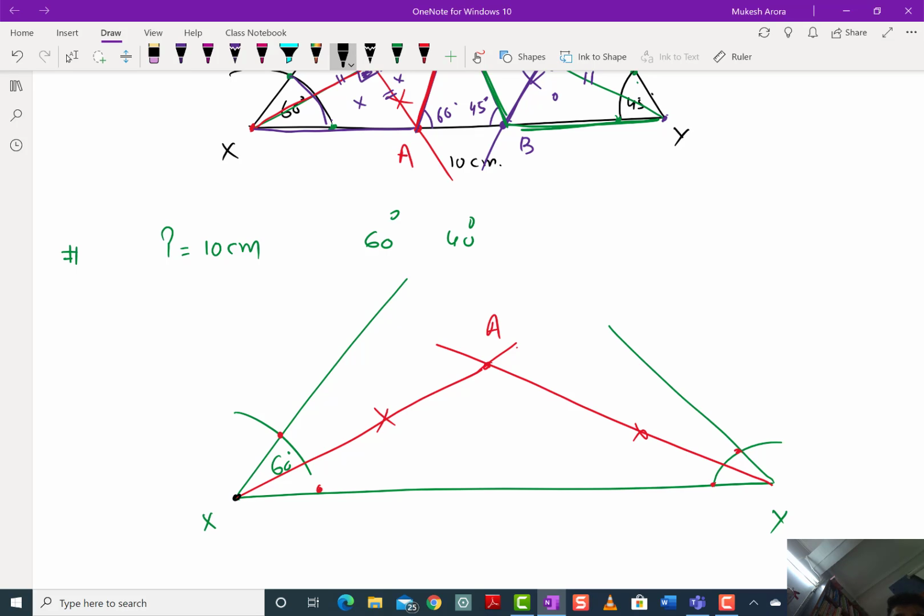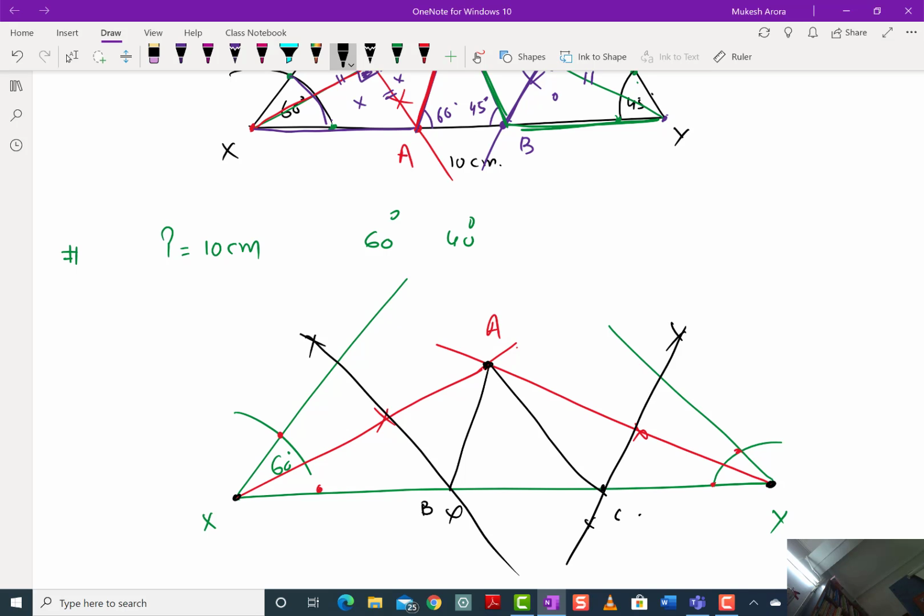Now we will bisect XA. Now another, we will bisect XY. Sorry, AY. We'll bisect A and Y. Wherever they meet, this will be B and C. This is the required triangle. So this is all for